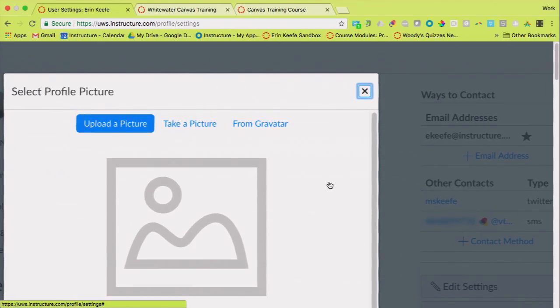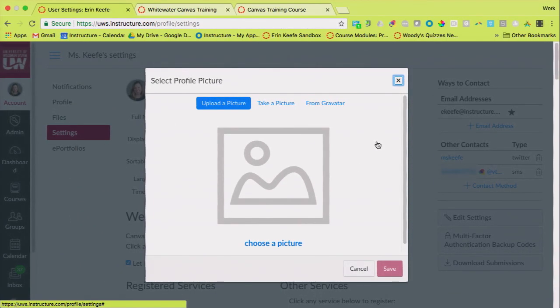So if I click on that pencil, it gives me these options for putting in a picture. I can either upload one from my computer. I can really roll the dice if I'm feeling like this is a good day and click take a picture and see what happens when I use that camera on my computer. I'm not going to click that button. And then the third option is from Gravatar, which is an avatar service, which if you use it, you might be one of the only 10 people I've ever met that does.